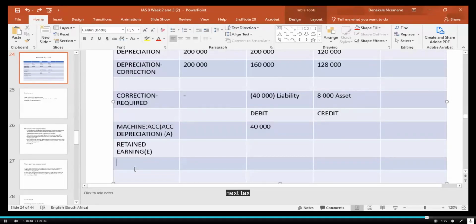So our profit before tax was supposed to be more by 40,000, but then we have to remove the tax element, the tax effect of that 40,000. How much is that? 12,000. It is 12,000. So our deferred taxation